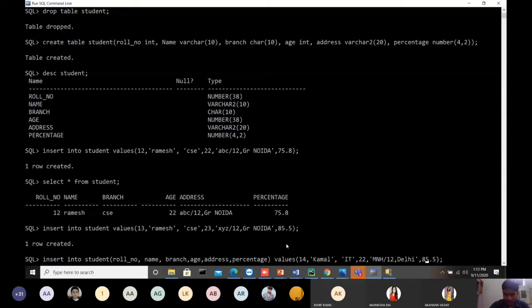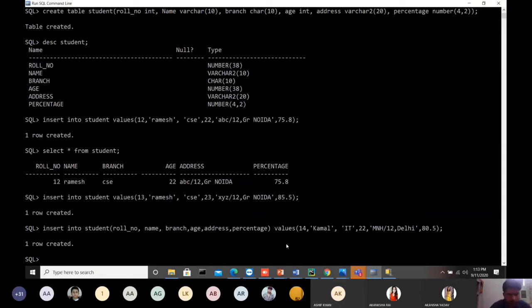And percentage is 80.2, right? Now see here, one more row is created. So on both bases, either you provide the columns with their values, or simply provide the values. So these values are inserted into that particular table, right?